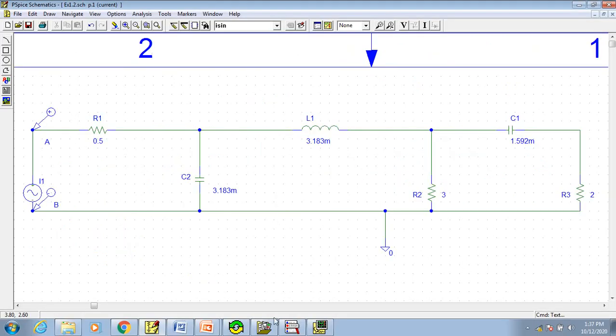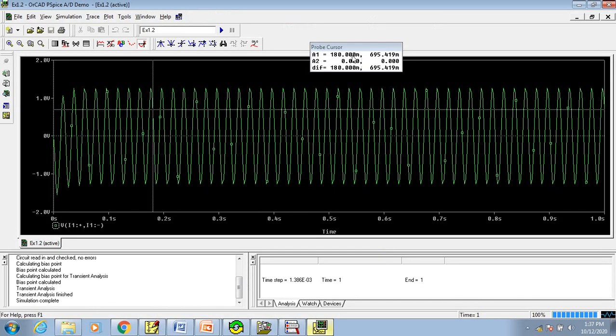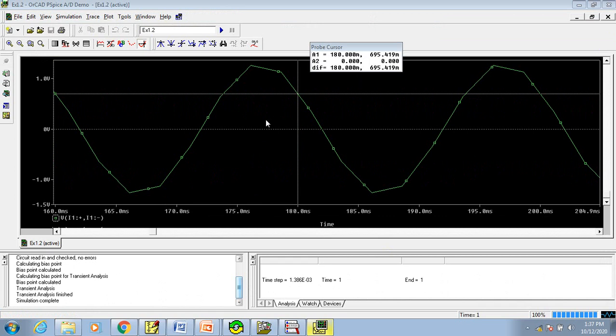So when you do that, this will be your reference point. So let me zoom in. This is your zoom area. So let me try to zoom in. Let me play. This is your reference point, 180 milli as your reference point. Now we must find which theta, this theta, from your reference point to the next zero crossing.